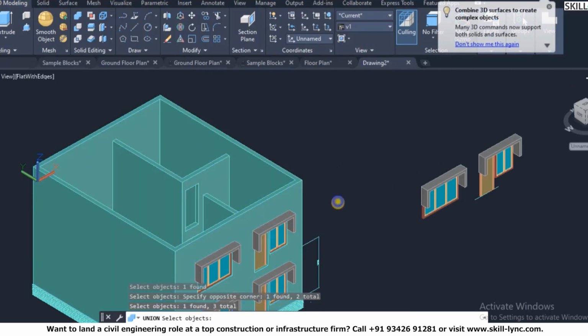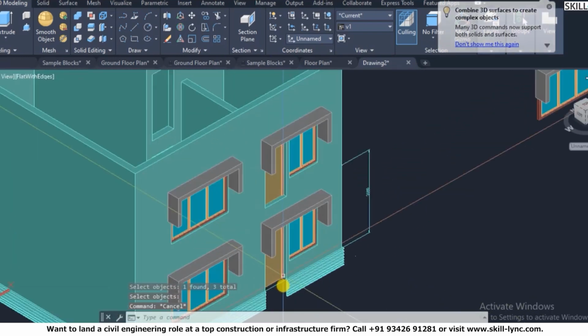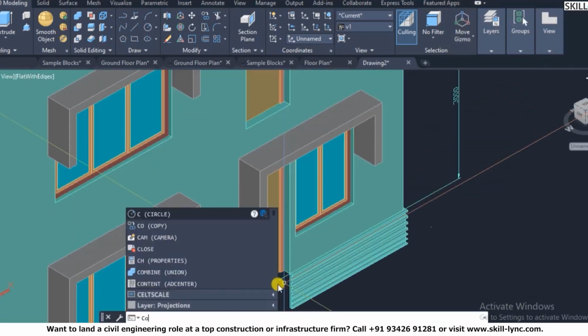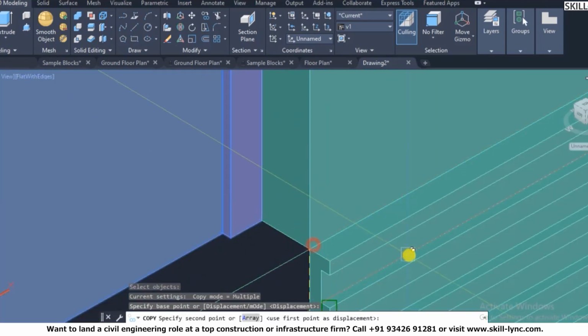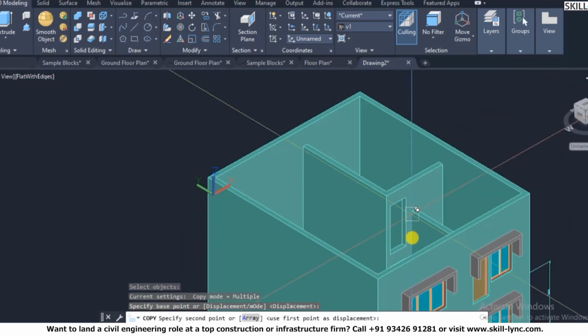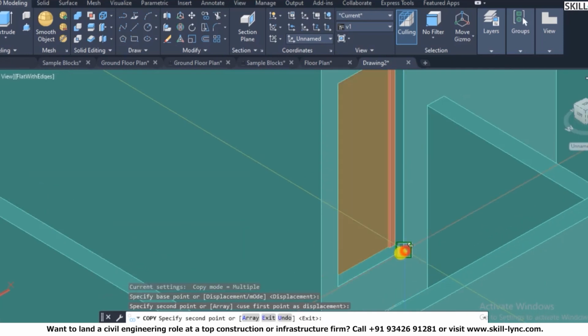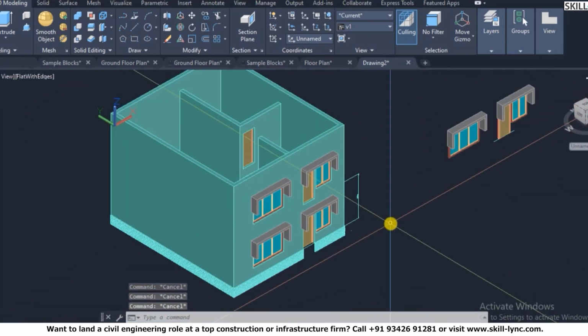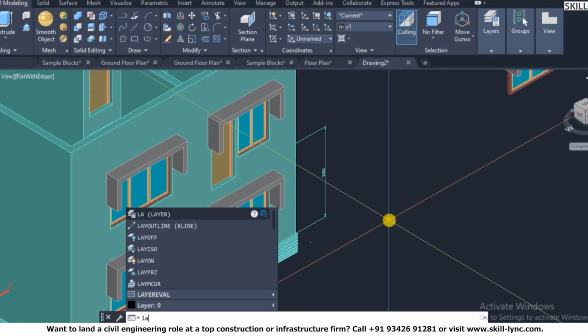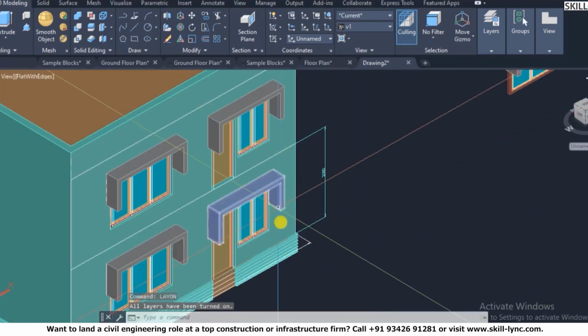So I'm doing the union of, so now I can copy the frame and the door that I have done over here in the upper part, because right, so I can do it in the upper part. So the floors are off, so I can put the floor on right now, so I can see the parapet